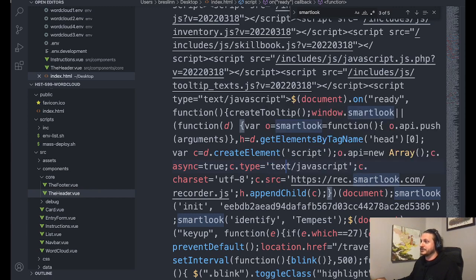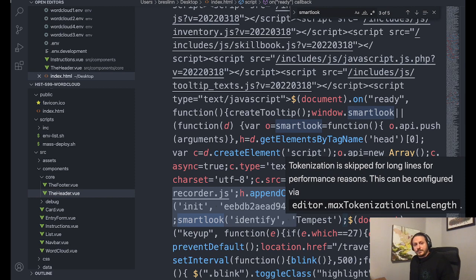You should be able to search for the word SmartLook and find it here. And of the 6 other players or so that I spoke to, this is not present, which means that the development staff, or the developer and/or staff, are making a deliberate decision to watch just me, which is pretty curious.